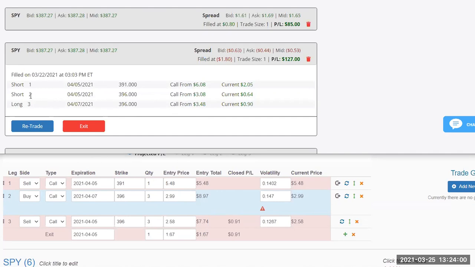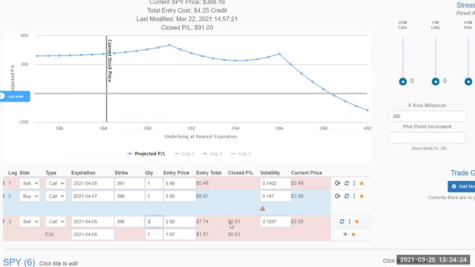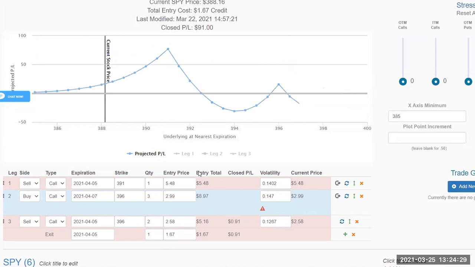So all it shows is that I'm still in two of the short 396s. I got in at a $1.80 credit, got out of one of the shorts at $1.80, and that's what you see in this right here. Okay, only we didn't resell, right? So this is what you see. These aren't the exact prices that I was filled at, but it's the same thing. It doesn't matter whether they're the same fill prices or not, as long as you have the same credit.